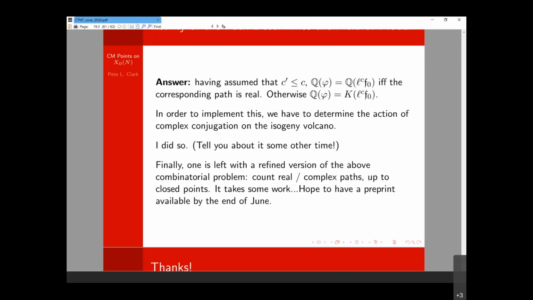And by the way, this is actually some work. I've done most of the cases. I still need to write down a few of the other ones. And you just get a set of tables recording all the possible fields of moduli for each of the parameter values. These tables are probably going to fill about 3 to 5 pages in the end. But then you get the complete answer, and you should be able to use that answer to feed back into the study of the torsion subgroup. And I hope to have a preprint available with all this by the end of the month.